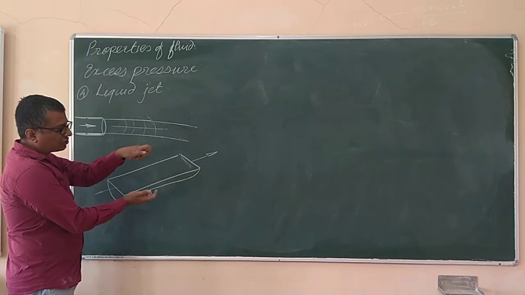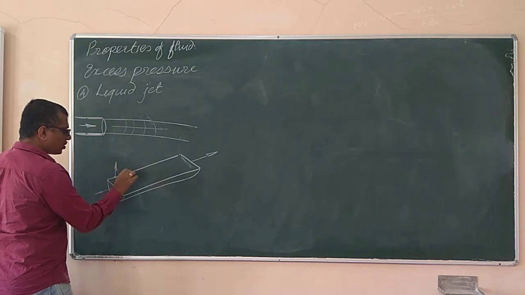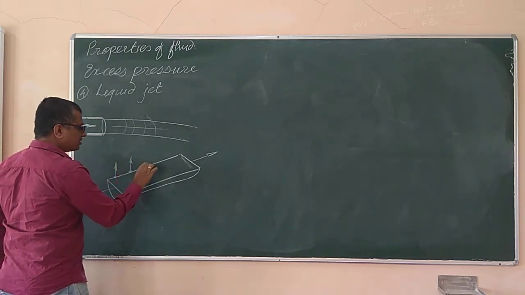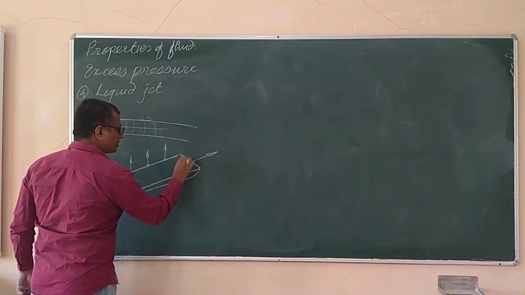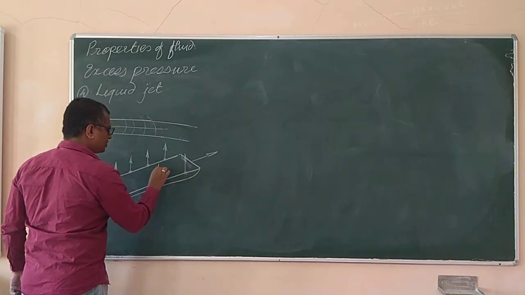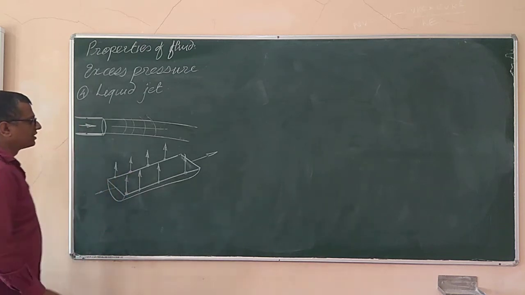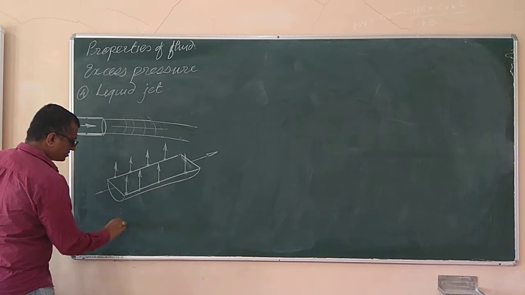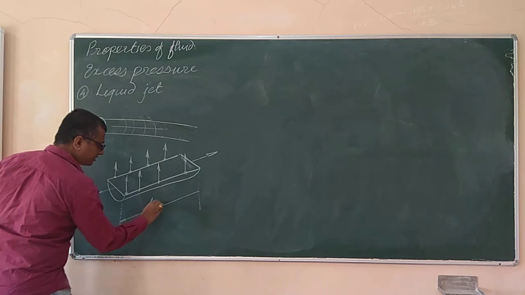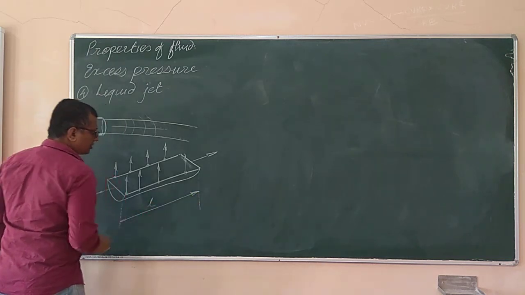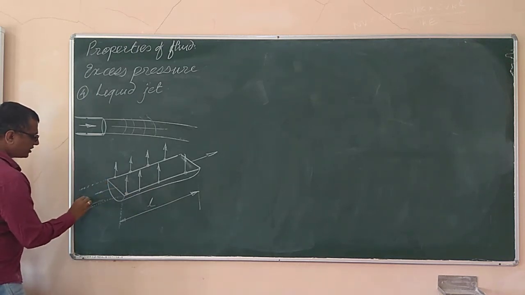Imagine that you are going to separate it out, but while you separate it out, the force due to the surface tension will act along these lines in the direction tangential to the curved surface. The same one over here, same one over here. Consider the length of this jet we have taken into consideration is length L, and the diameter of this jet is diameter D.